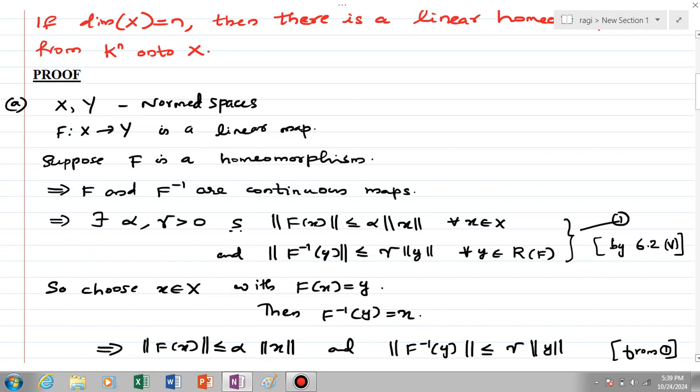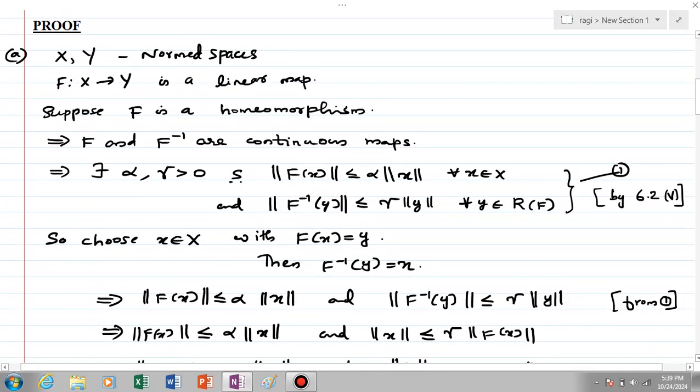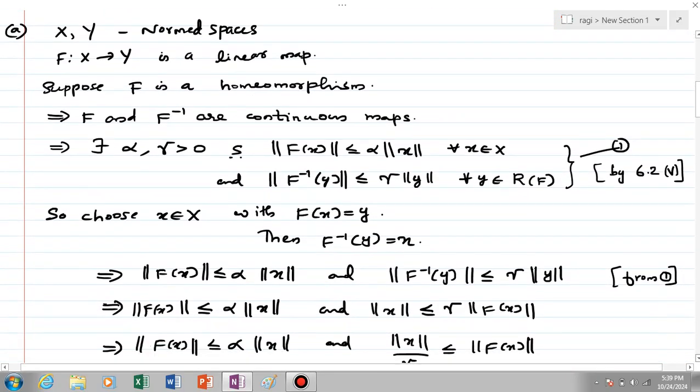We have to prove that there exist constants alpha and beta positive satisfying that condition. We have F is a homeomorphism, which means F and F inverse are continuous maps. Then by Theorem 6.2, we can see that there exist constants alpha and gamma greater than 0 such